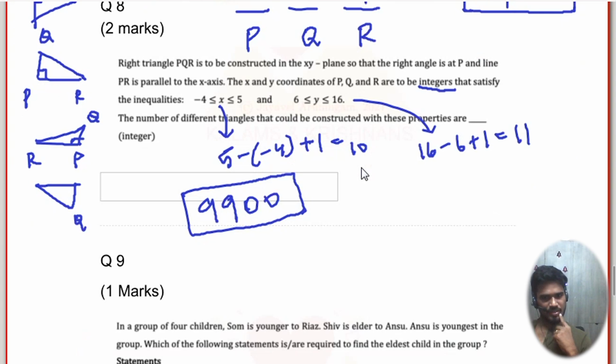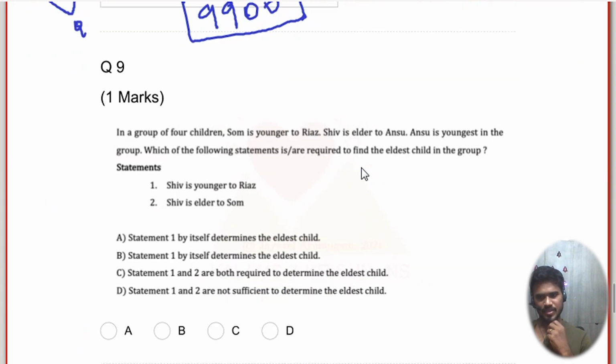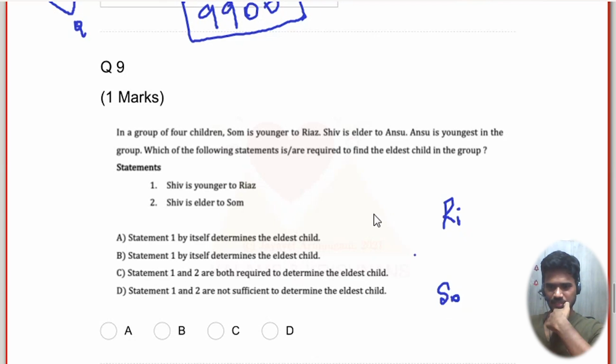So, great. Ramesh answered 2 more questions, right? One more, taller, shorter. Now, this is like younger, older. Let's again do things visually. I use the verticals to kind of know this. Som is younger to Riaz. Riaz, Som, younger. So this way I have the young and this way I have the elder people.